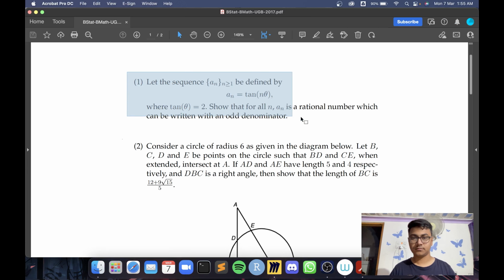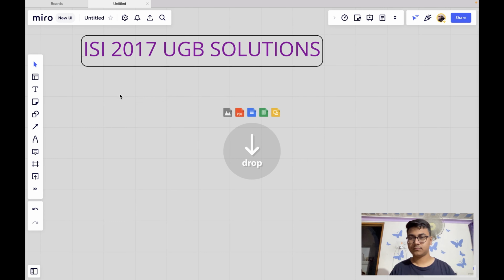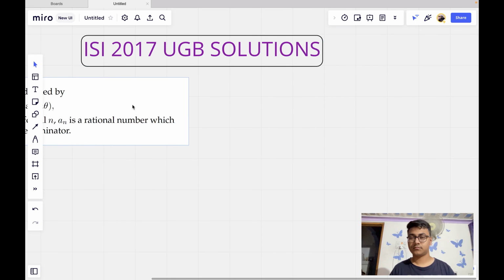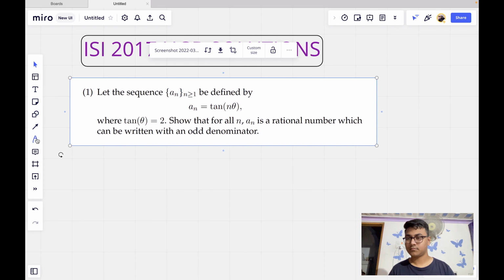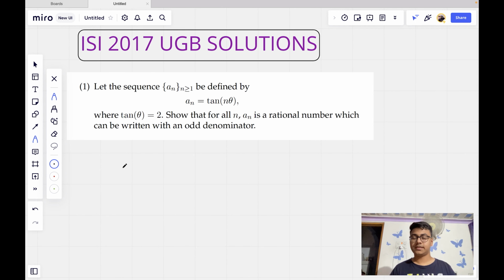We'll start with the first question. The first question says that we have a sequence an that is defined like this, and the initial value of the sequence is also given, that is the value of a1 is given to be 2. We have to show that for all natural numbers, for all positive integers n, an is a rational number with an odd denominator. So as is typical for questions like these,